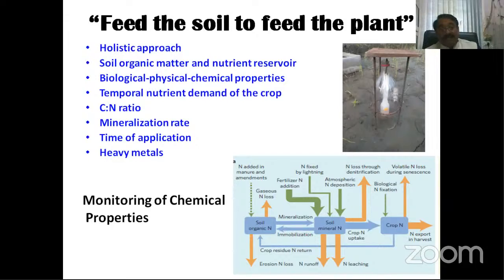Then the losses, because losses are also there in the nutrients in the organic production system. If low C:N ratio sources are applied, then the losses will be more. If high C:N ratio sources are applied, then mineralization will not be there. So one must think of losses, think of mineralization, think of the total availability. All these things must be taken care of. And this nutrient management is totally scientific and experience based.